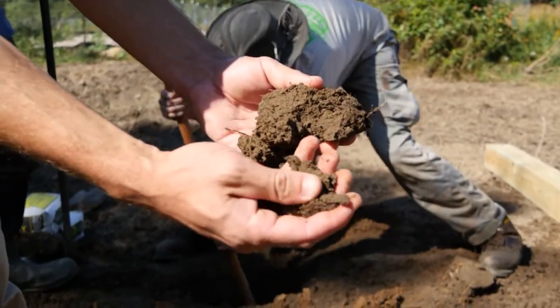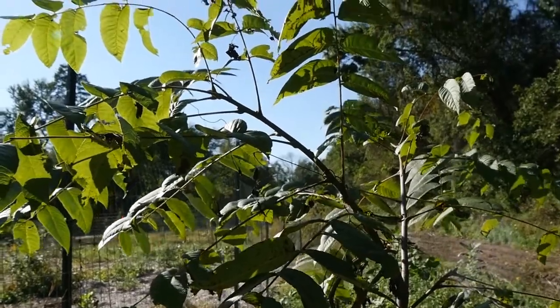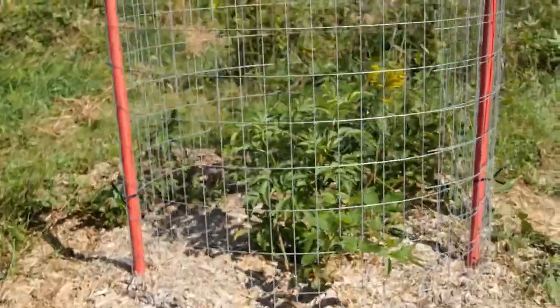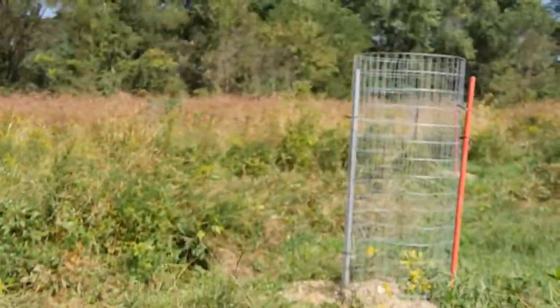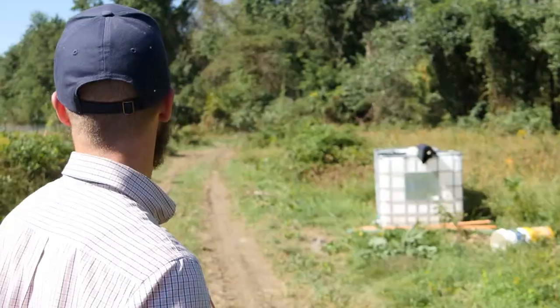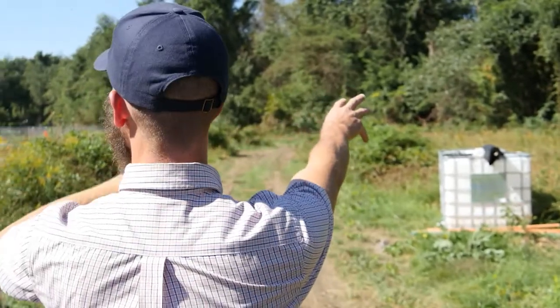It's no coincidence that with a soil like that we would have black walnuts beginning to reemerge on their own, even amongst aggressive native and invasive species that are indicative of fallow agricultural land. The elderberries that are over there and the existing walnuts over there, those species are what we designed